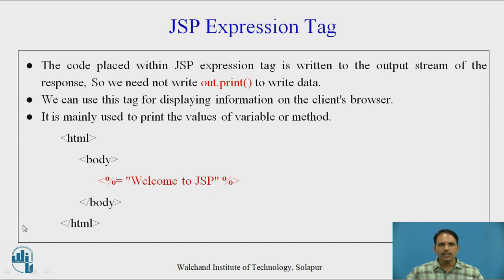So simply by adding this particular tag, and the tag starts with angular bracket percentage equals to and ends with percentage angular bracket. So inside this, if I write a string, this string gets printed automatically because the content of this particular will be sent to out.print in generation of servlet. So this is how expression tag is used